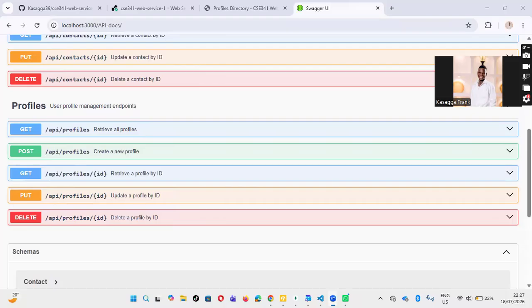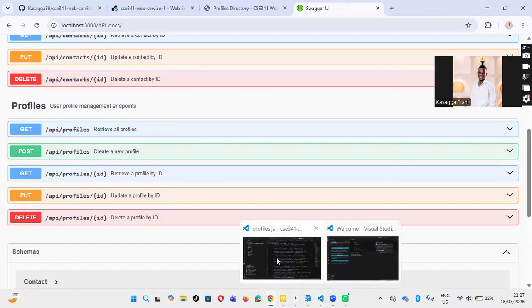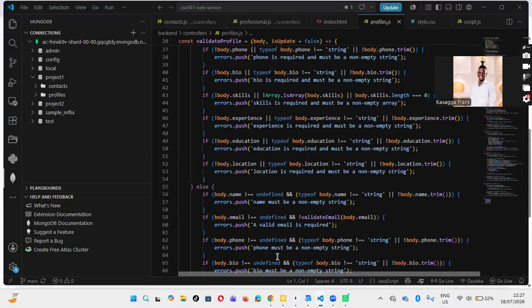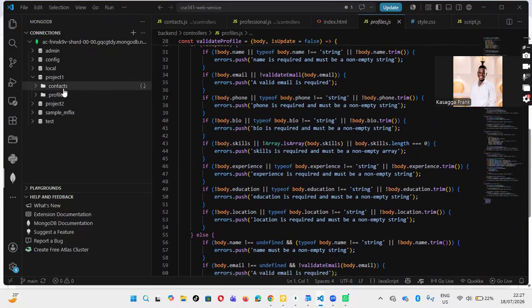Hello, my name is Kasaga Frank, and I'm here to present my week 3 work of the project where I updated the corrections in the database. I have different collections in the database, where I have the contacts collection and the profiles. For this week, I'll generally deal with the profiles